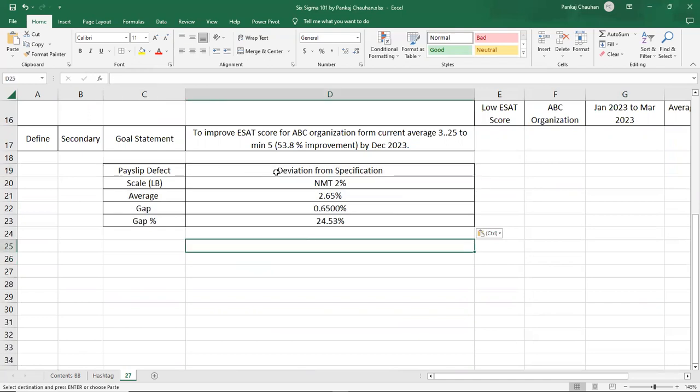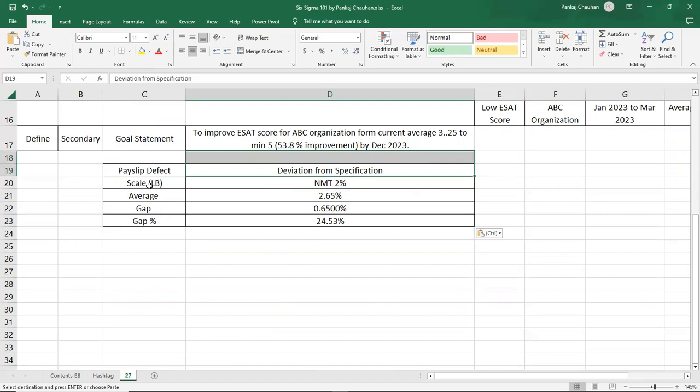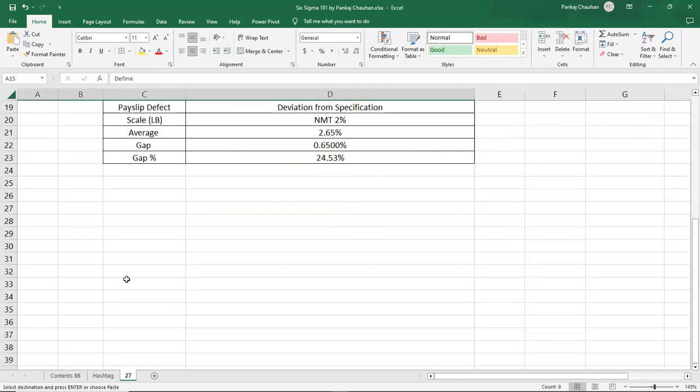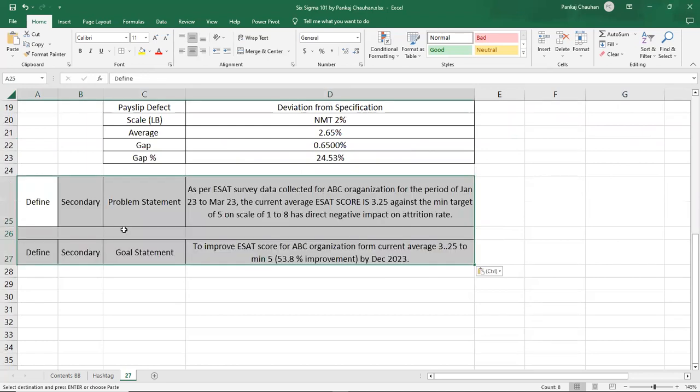So what is the defect? The definition of defect is any deviation from the specification. The specification says the defect should not be more than 2%, but my current average defect is 2.65%, which means I am generating 0.65% additional defect. If I improve from 2.65% to 2%, this will be around 24% improvement. So now my problem and goal statement, which I will write on the CTQ,